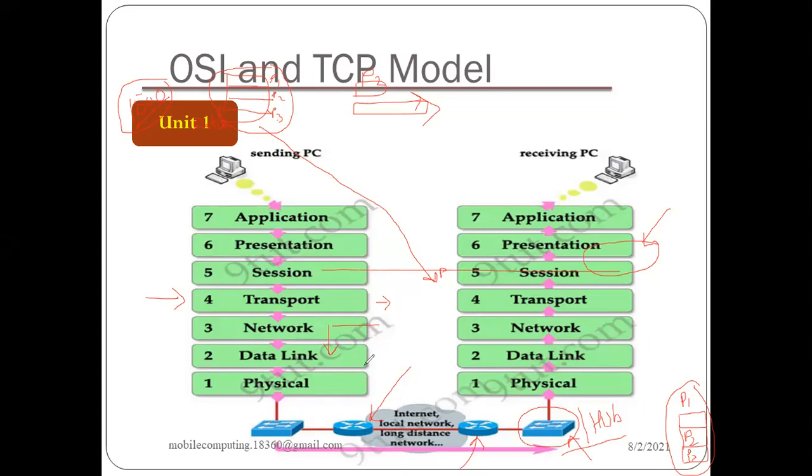So data is framed in the data link layer, right? And then that data is converted into zeros and ones, right? And then it is transmitted in the form of 0 1 0, like this, right? And it will reach the destination in this manner, moving through all the internetworking devices.